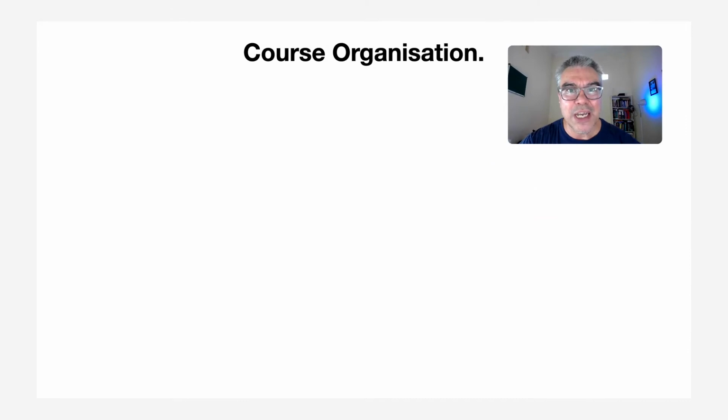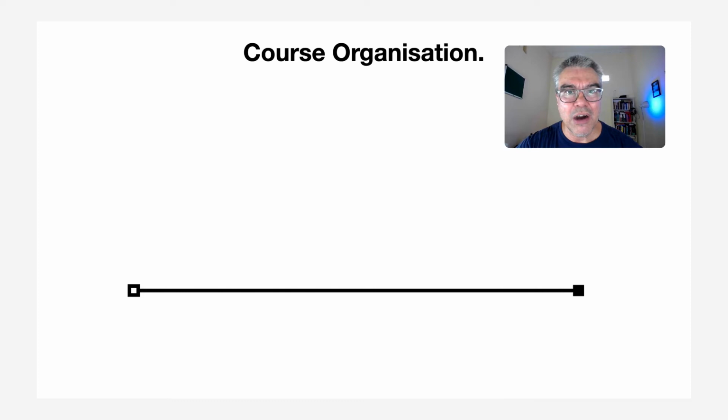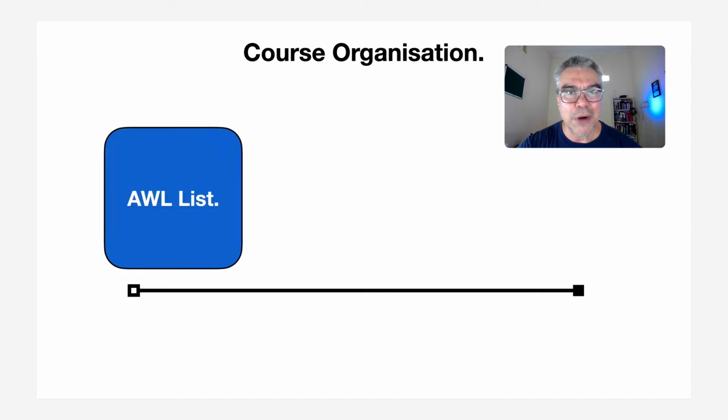In another lesson, I talked about what the academic word list is and who created it. I'd like to talk about this course now so that you understand exactly what this course is about. Let's begin with the course organisation. We can say that there are 4 major components to the course, and I have broken them down into smaller and smaller pieces. The biggest piece, of course, is the AWL itself, which contains the list of all the head